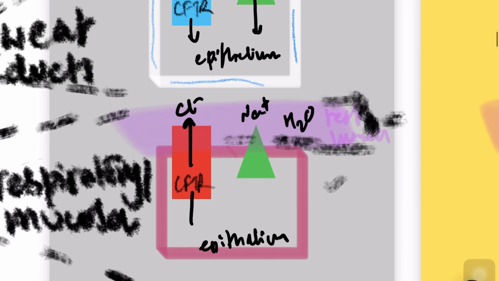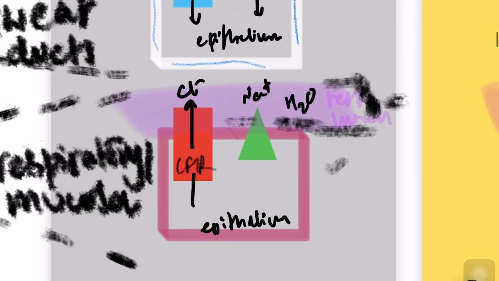So what's happening here is chloride is sent out by the CFTR, which stays in this mucosa. So because chloride is brought out, sodium and water will also stay in the mucosa. Sodium will stay in that place because chloride is there, and water will stay because sodium is there. Even when we're discussing kidney, when we reabsorb sodium, we reabsorb water as well, right? Similarly, water in here is going to stay in the respiratory mucosa that coats the lumen when there's a functional